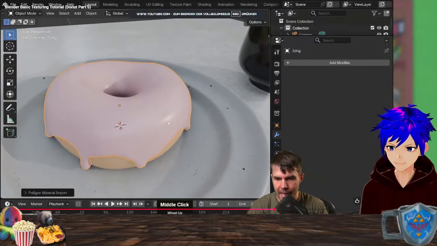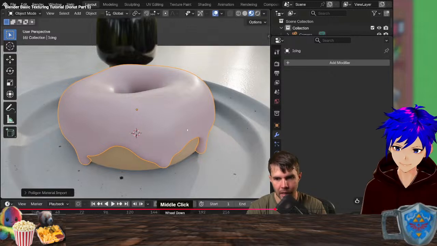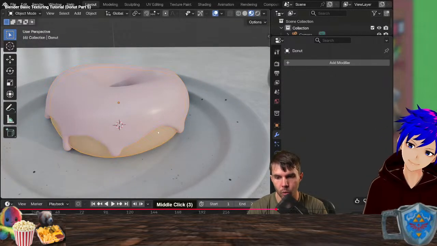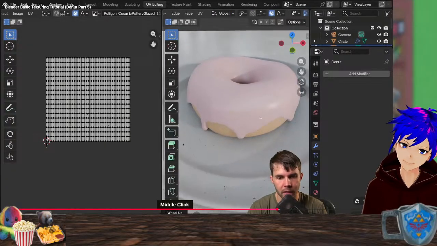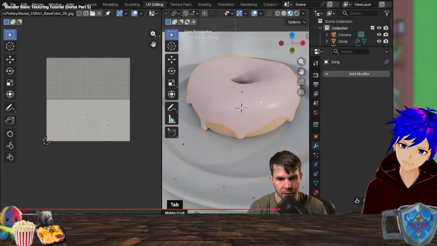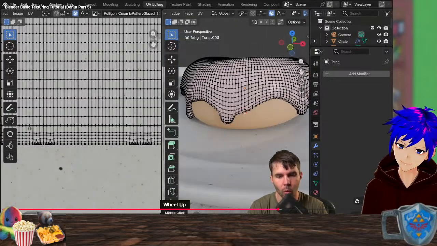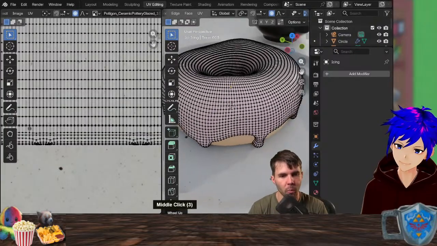Okay, you can see there is some texture on here, unlike the plate, which came in with nothing. And the reason for that is that when you add in certain primitives like a torus, it actually comes in with UV unwrapping already created. So it's already got some UVs, but all that extra work that we did at the bottom there, like extruding some things down, that's all been missed.